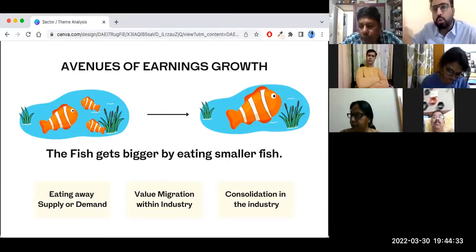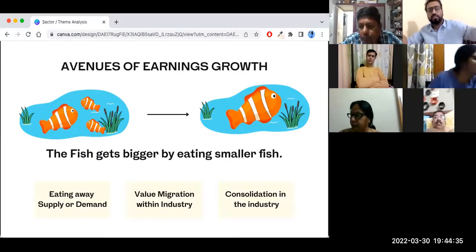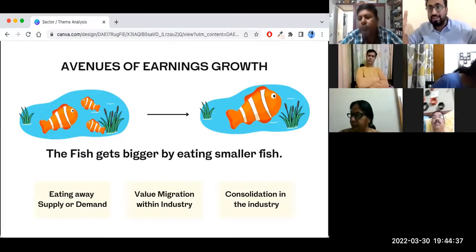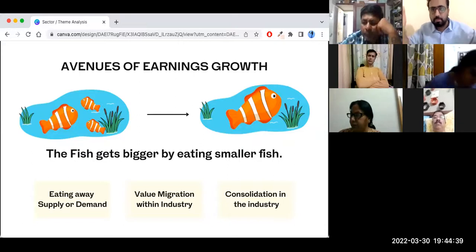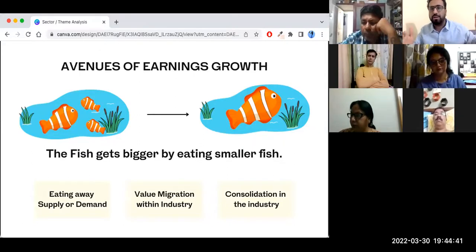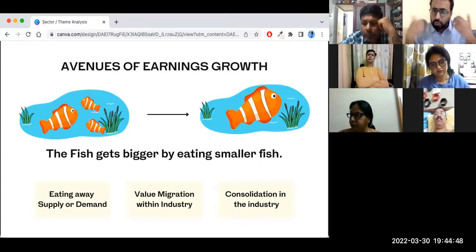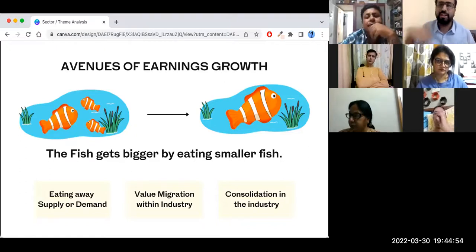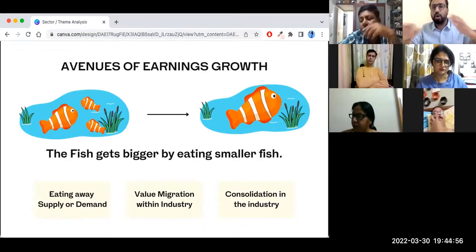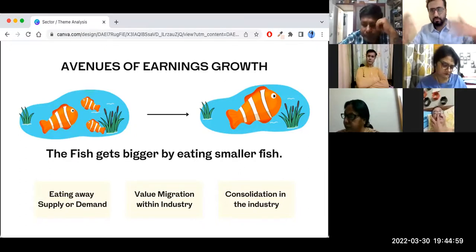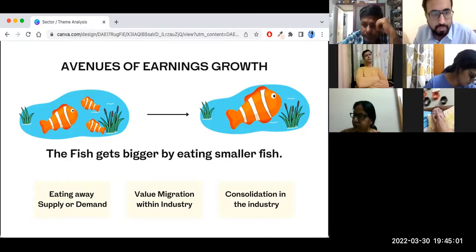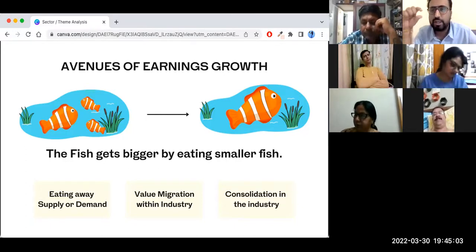And if they continue to do that in all the major cities and control 70 to 80% of used cars in Mumbai, Delhi, Bangalore, Gurgaon, then definitely that means that 70 to 80% of the demand from all these cities is going to Cars 24. Because all the used cars are anyway with Cars 24. So you can eat away all the supply on the supply side, and the demand will definitely come to you. So you ate away all the local players there, the local operators. All right, so that's eating away supply or eating away demand.